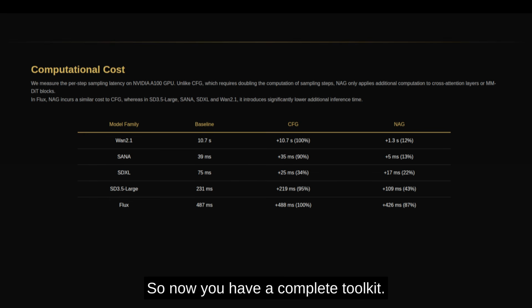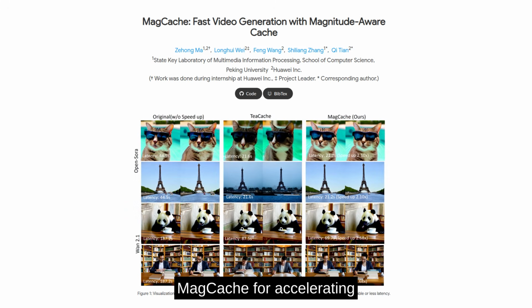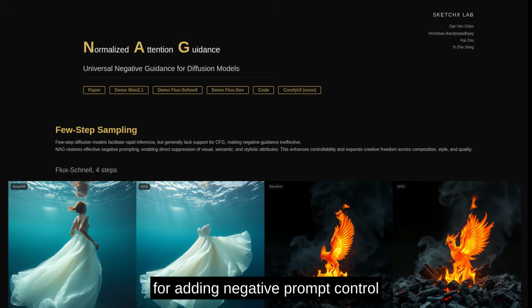So now you have a complete toolkit. MagCache for accelerating standard models by intelligently skipping steps, energy for adding negative prompt control whether you're using 4-step models or standard 50-step ones. Together, they help you optimize your workflow based on your specific needs. For those using self-forcing or CausVid, energy finally gives you back the negative prompt control you sacrificed for speed. The implementation is under MIT license, so don't hesitate to give it a go and share your results in the